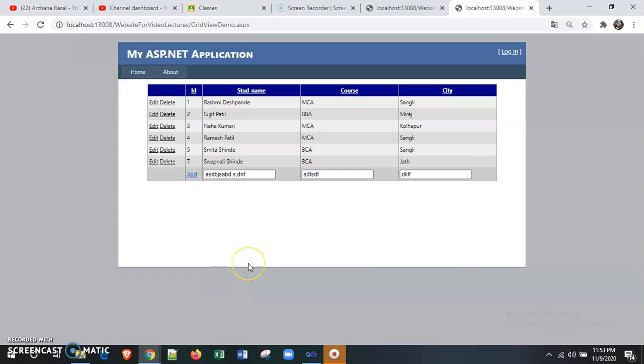Hello students, in a previous video we have seen how we can add this add button, which is a link button, inside this ID column. Then inside student name there is one text box, inside course there is another text box, and inside the city column there is one more text box, which are under the footer template. This is the footer template, and we are setting the property of show footer as true. So we are seeing this footer template or footer